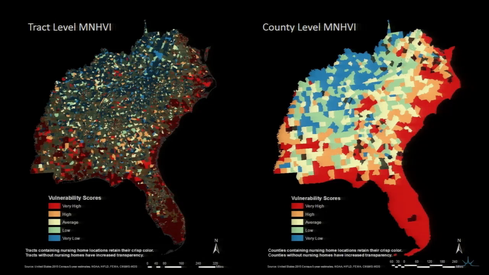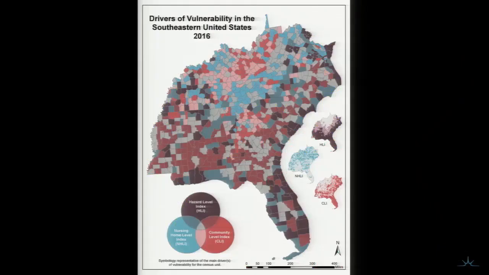The cartographic technique used here is to emphasize locations where nursing homes are present. So where the transparency is higher, there are no nursing homes, whereas where the saturation is higher, there are nursing homes present. When we passed those maps out to nursing home administrators,